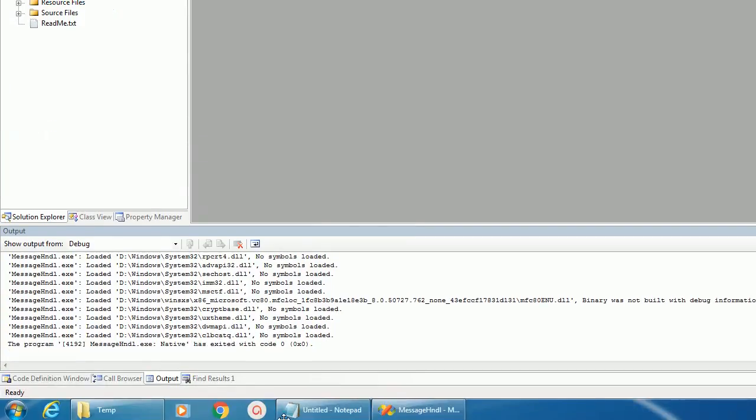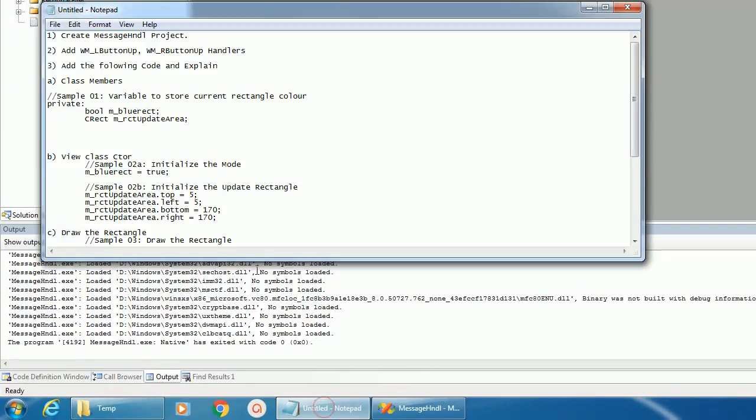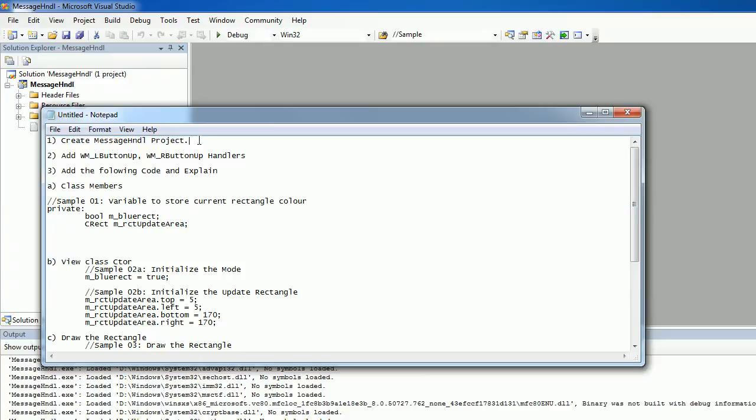Okay, now we completed the first step. I will mark it as done here. Now let us move to the second stage. Here I am going to add two handlers. One is WM_LBUTTONUP and another one is WM_RBUTTONUP handlers. To add this handler,